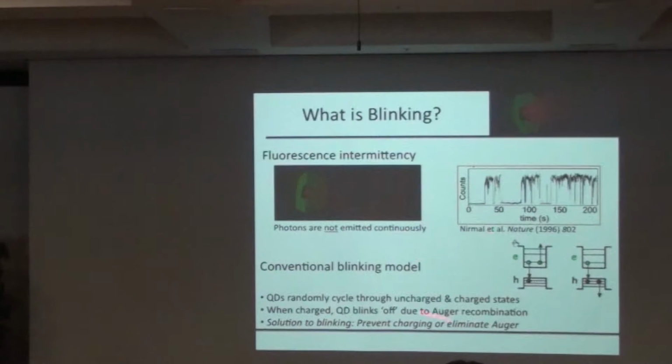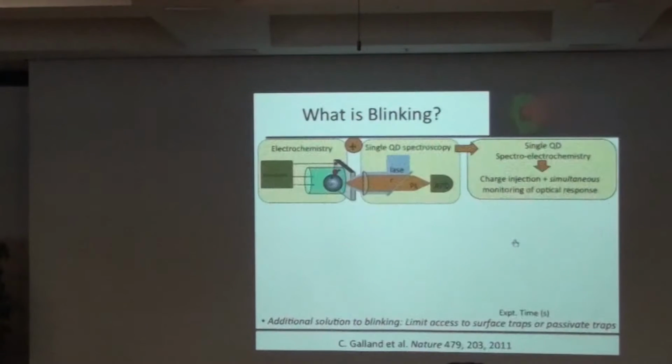And so this whole process is a dark process and occurs when the quantum dot is charged. And so that, for a number of years, was viewed as the mechanism underlying blinking. And we actually believe that that is still a principal mechanism responsible for blinking. But there's actually an additional process that we discovered a few years ago now, as shown in this paper here,